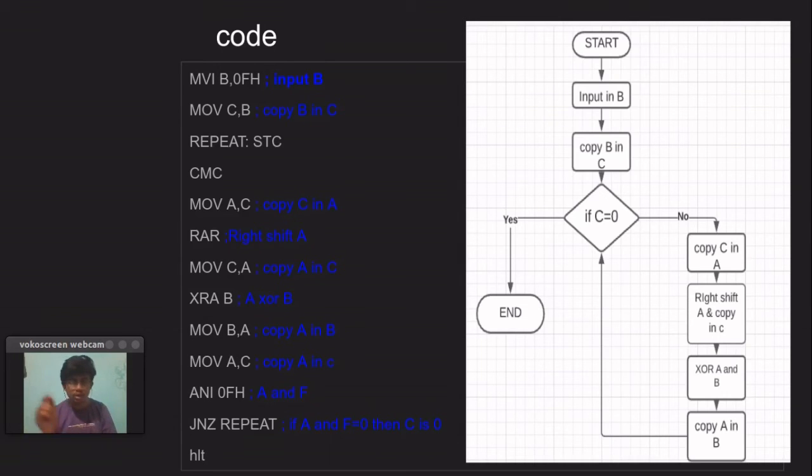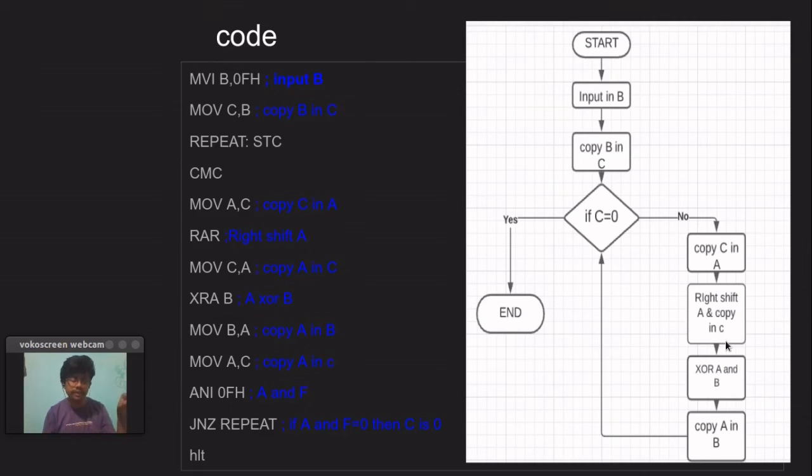So we copy the accumulator content into C. Now we have the shifted value stored in C for the next steps.